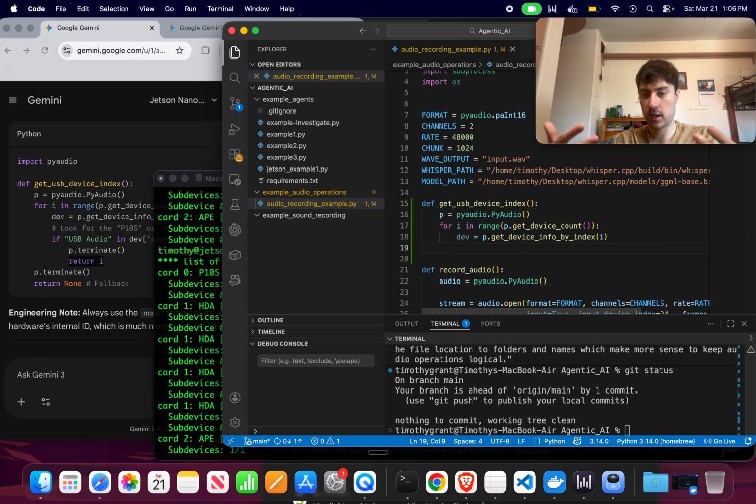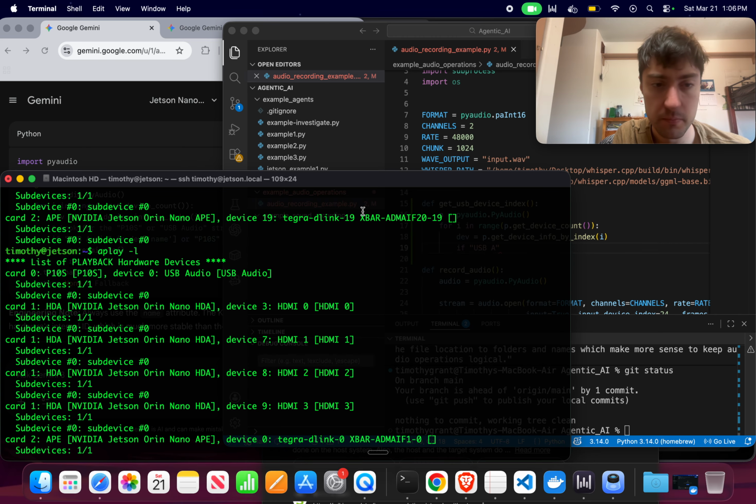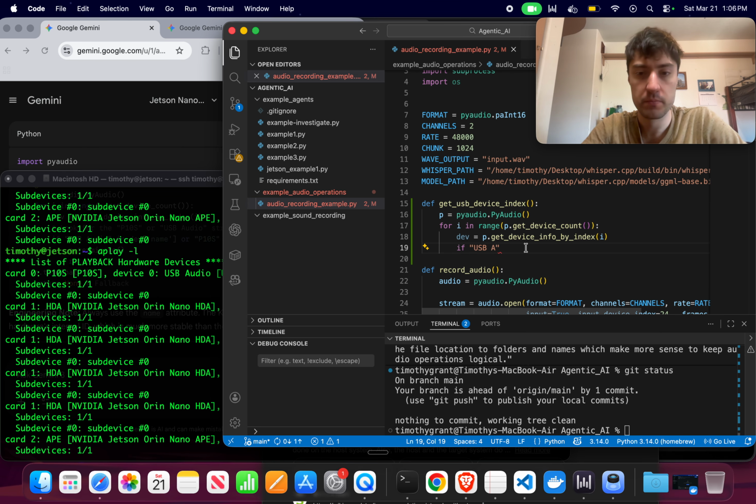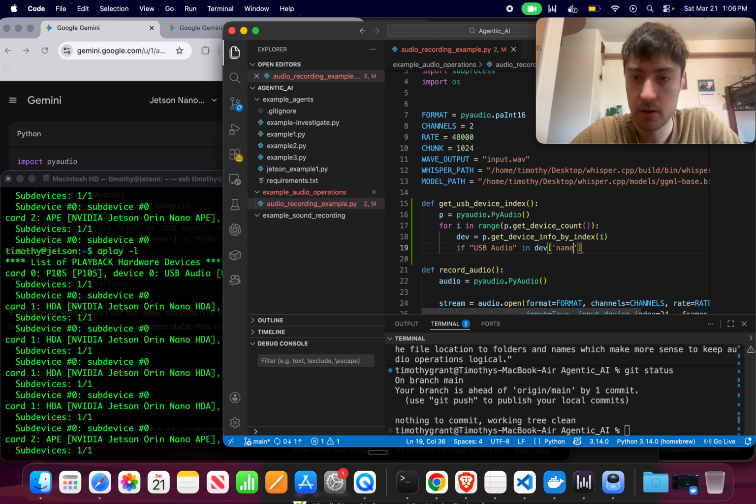Okay, so now we have the device name, and now we say if USB audio, what was it? USB audio. If USB audio in device indexed at name